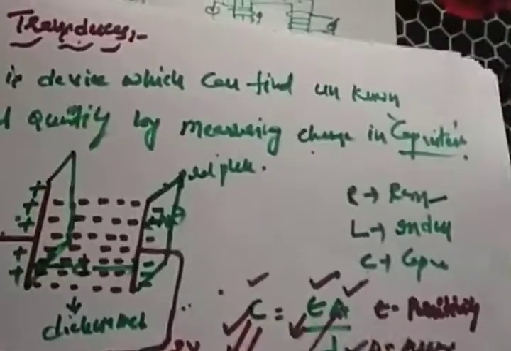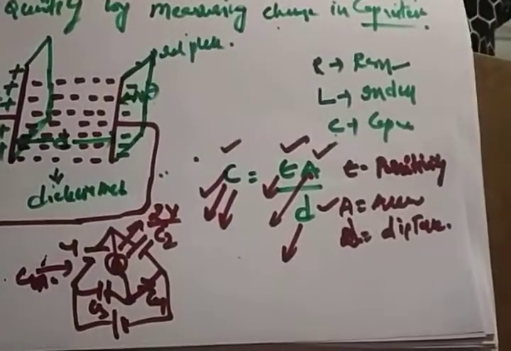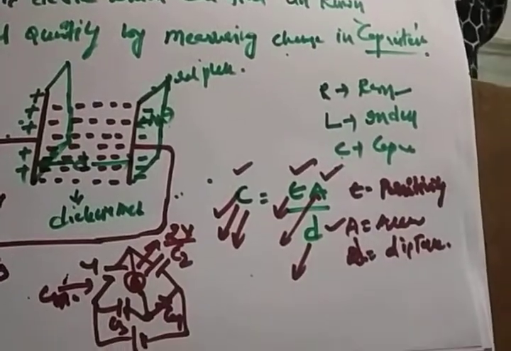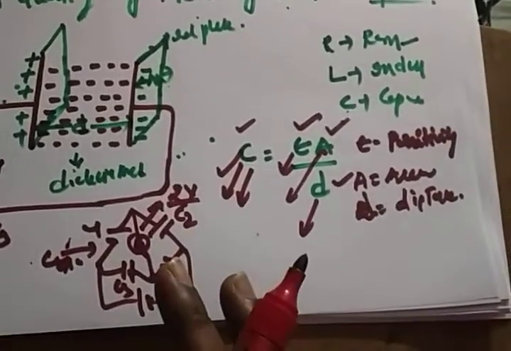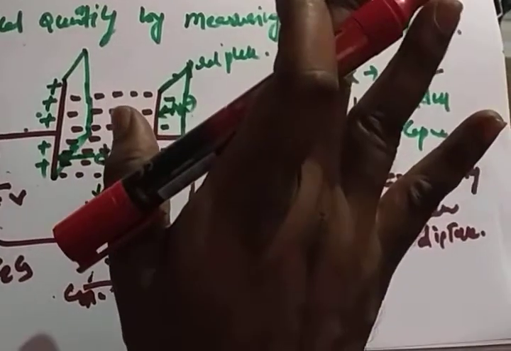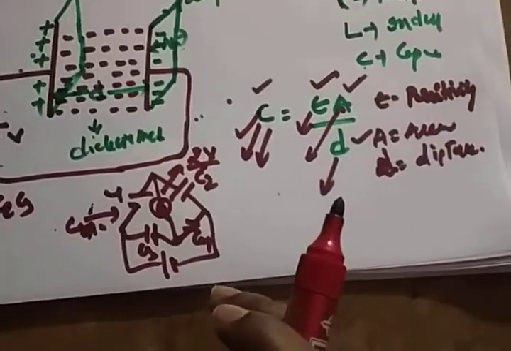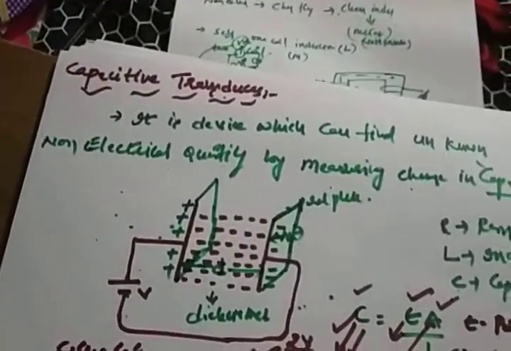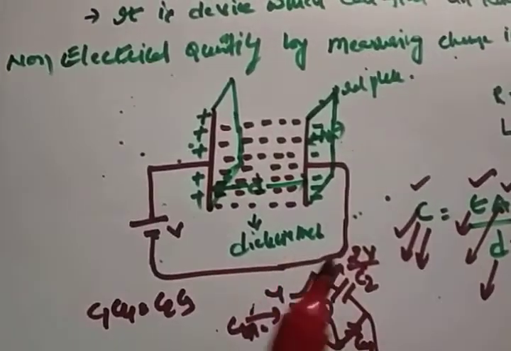So what you need to do is change the capacitance. You can measure the change in capacitance in terms of voltage by using a Wheatstone bridge or directly with standard meters. The capacitance changes by applying a non-electrical quantity that varies these components. So this is the basic operation of a capacitor transducer. I hope it's clear. Now we are going to see how the capacitance can be changed.